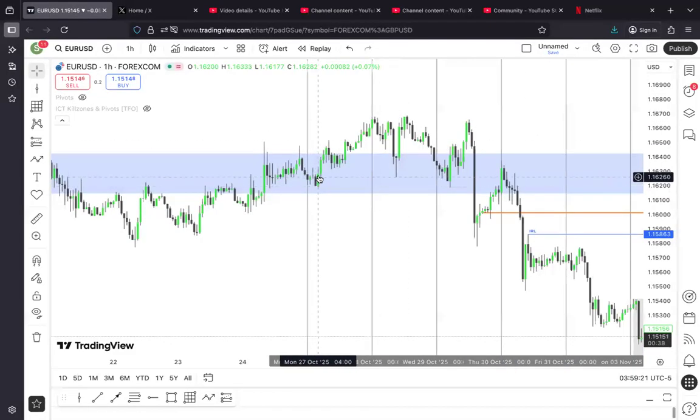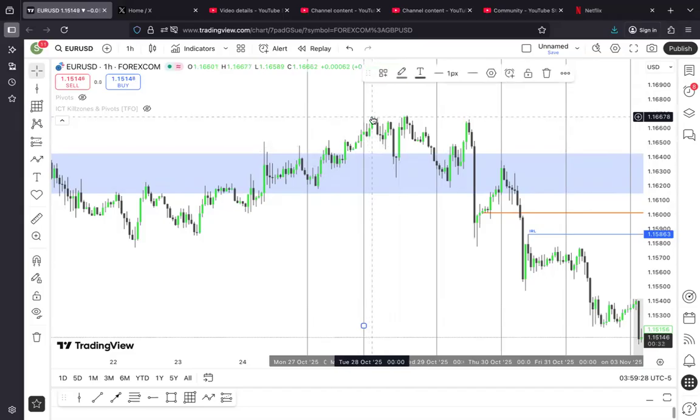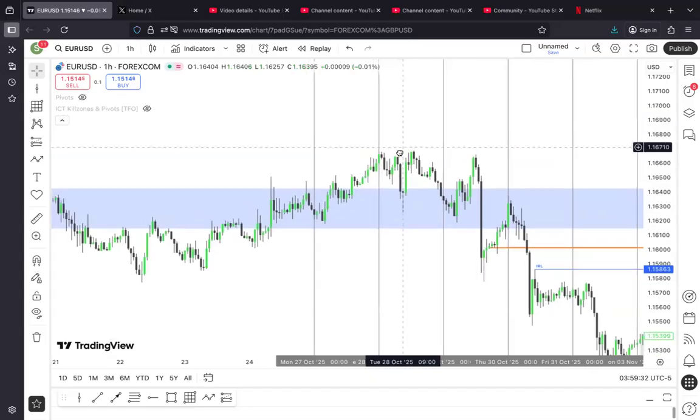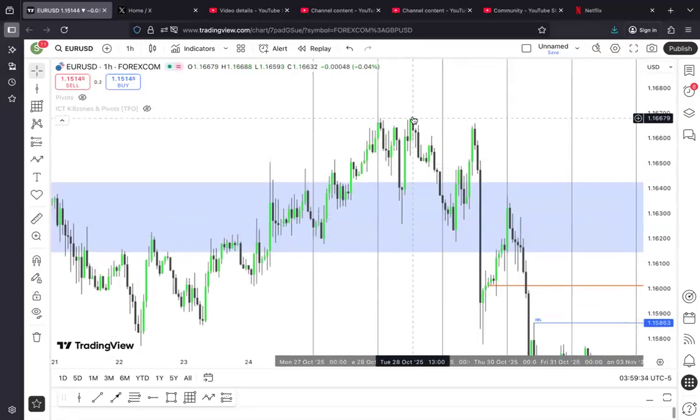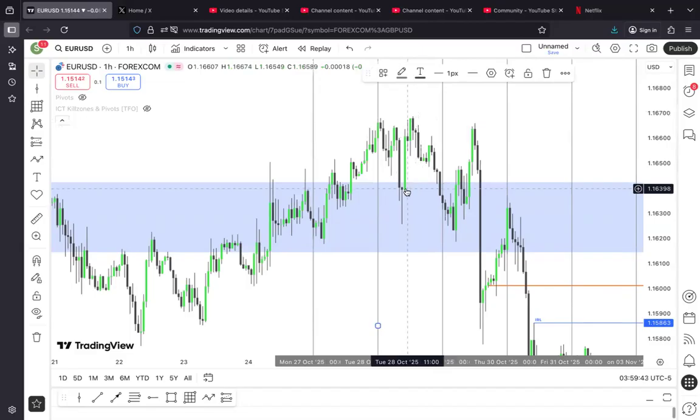So this is Monday's price action, right? No significant move. And on Tuesday, we have this. This is Monday's eye, right? Boom. See Tuesday's eye. This is Tuesday's eye. This is the eye here. This is Monday's eye. Can you see that Tuesday's eye is a little bit above Monday's eye? And the moment price gave a change in state of delivery around here, see when this eye did not go above it. So that confirms what? That Tuesday is our eye of the week.